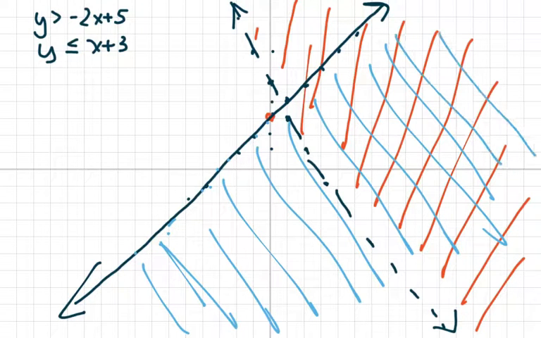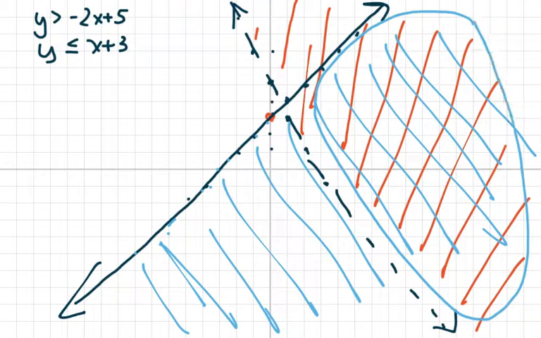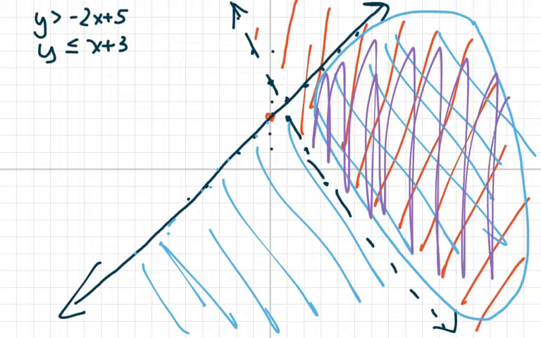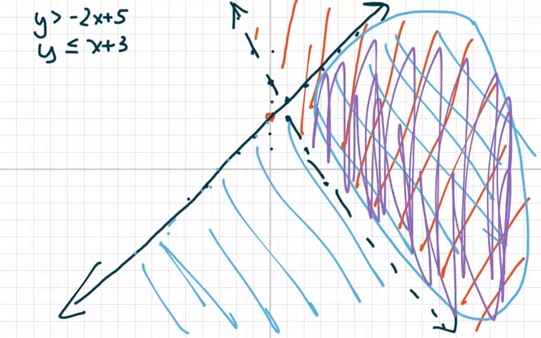And where it coincides is this crosshatch area in here. And technically, you can mix red and blue, that would be purple. So this is your solution set, the purple area here, because it has to satisfy both equations. You pick any point in this area, and plug it into both of these equations here, and it will come out true. Okay, the next one we have